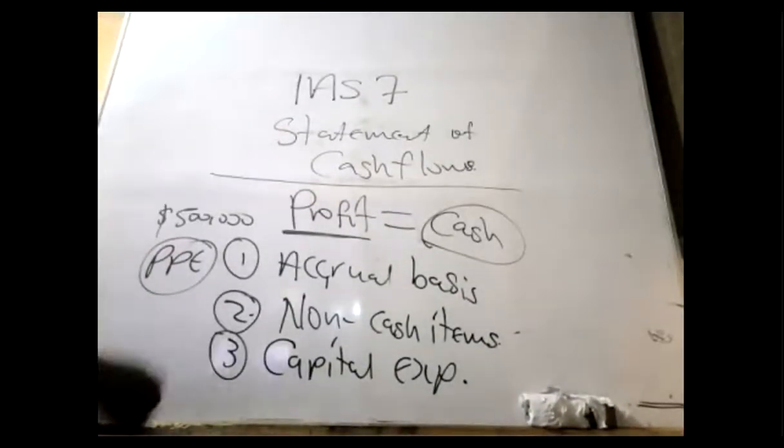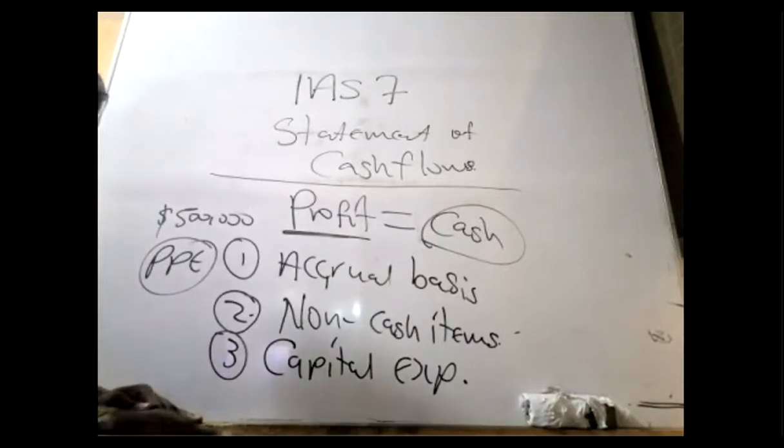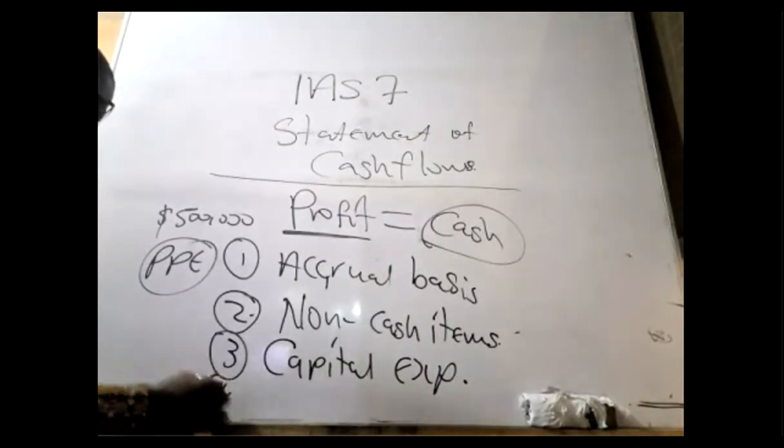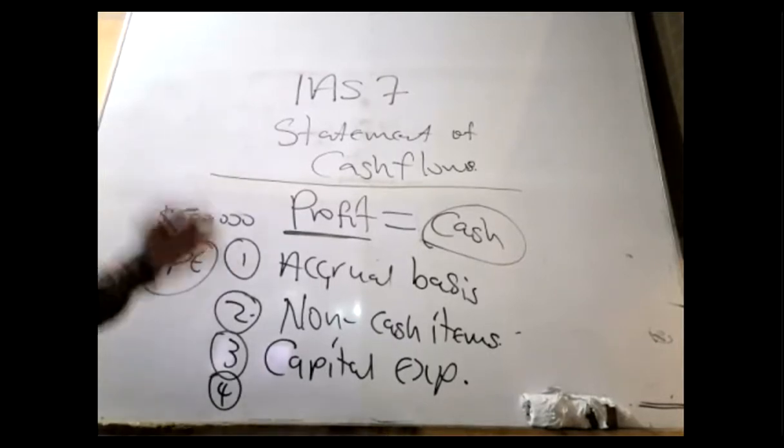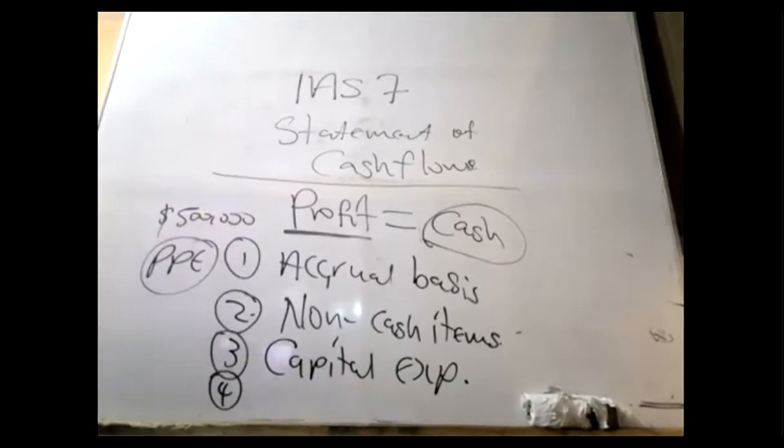Repayment of what? Loan. So capital expenditures and debt: issuing of debt and repayment of debt. If you have a loan and you repay part, your cash will go down, but it will not affect your profit. If you go for an additional loan, your profit will not be affected, but your cash will go up. Okay. So basically, these are the causes of the difference.